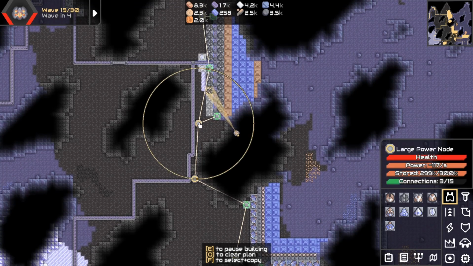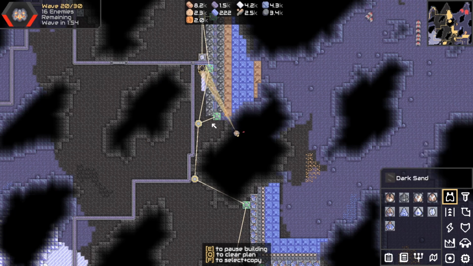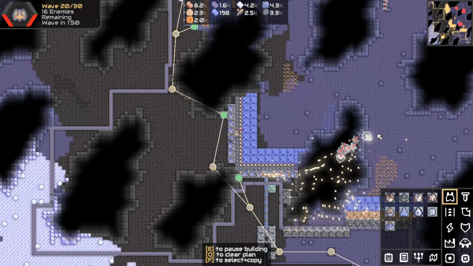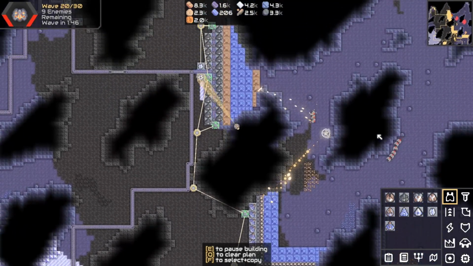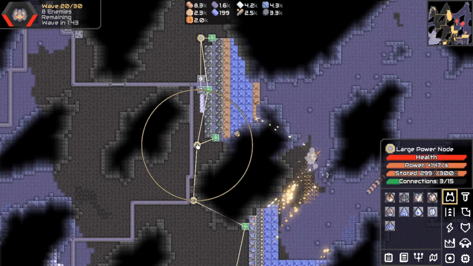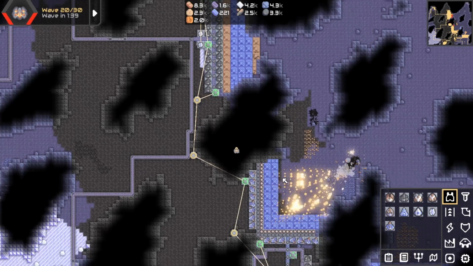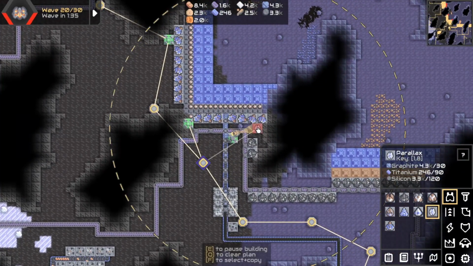We do have to consider power usage though, because in fact we probably need to upgrade our power now. It's borderline negative and positive. Right, a Guardian coming. I think that was a land-based Guardian. I could be wrong. Bastards. Right, so if we stick a parallax here,